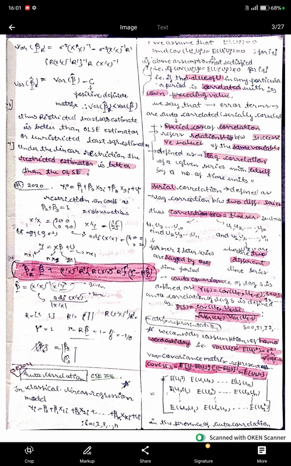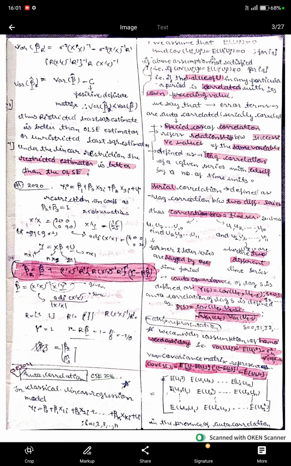So if we take R, which is a row matrix, it will be 0 1 1, and then column vector beta 1, beta 2 and beta 3. So small r will be 1. There are 25 observations. So X dash X we have given 20 0 0 40, and X dash Y bar given 15 and 25, which is a column vector. U follows normal 0 comma sigma square.